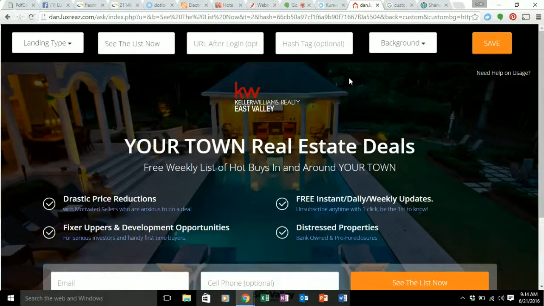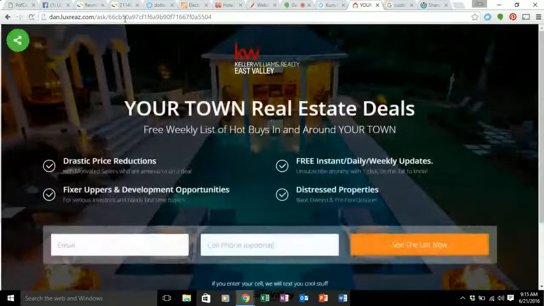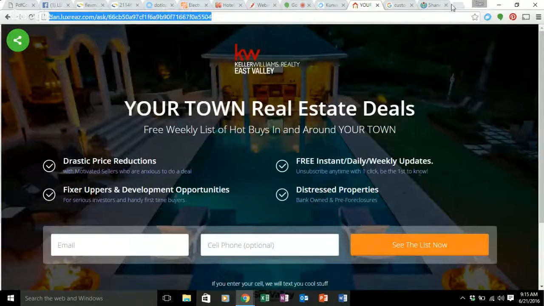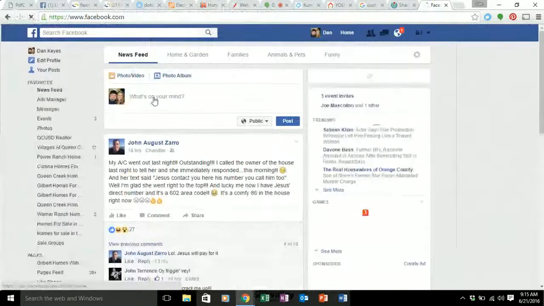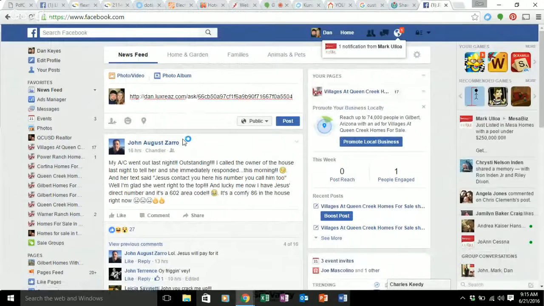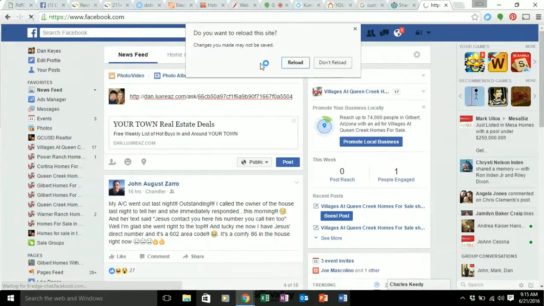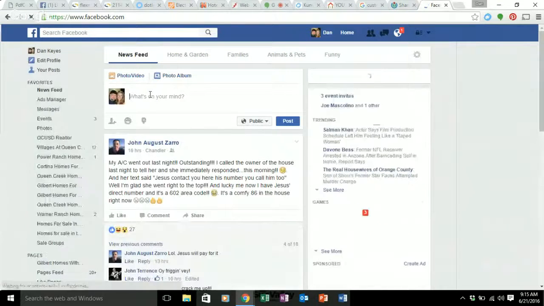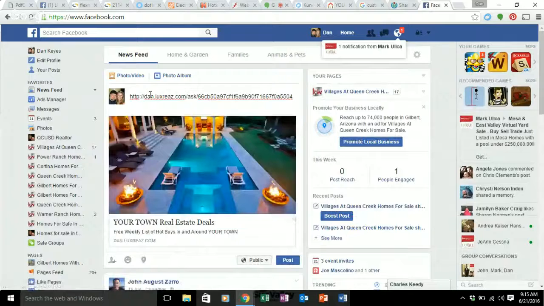So now if I were to save this page, let's see if it'll let me save it without doing anything else to it, because I only want it for an example. I don't want to build out a full page. And if I were to go out and post this to Facebook, again, I'm not going to make this link actually live. But what we're going to see is it's not giving me my image, so I'm always going to hit reload. Okay, so it's going to make that my primary image for my